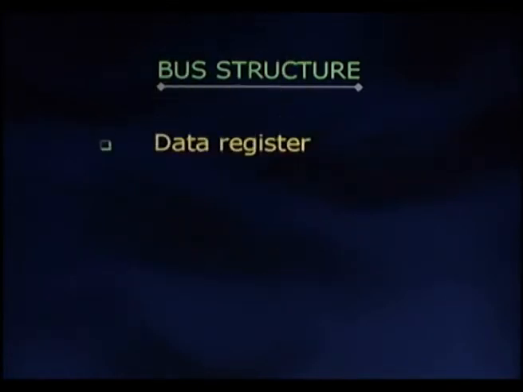The next register is the data register. Data register stores the data for many applications. The data to be entered into memory, or the data that is read from memory, are the data items usually stored in this register. The contents of the data register may be transferred to any other register under program control with the help of the bus structure. The data register will also have the facilities of clearing it to 0, incrementing the register contents and loading into the register from the system bus.